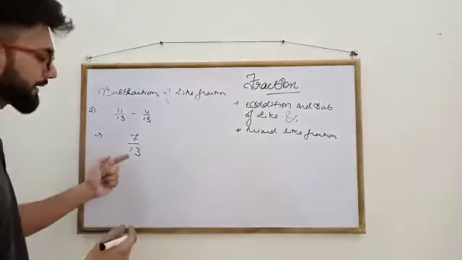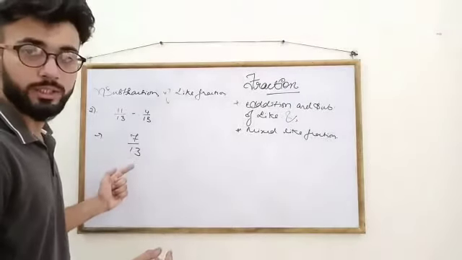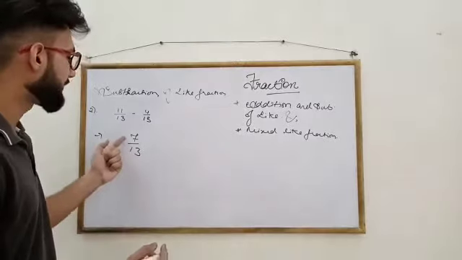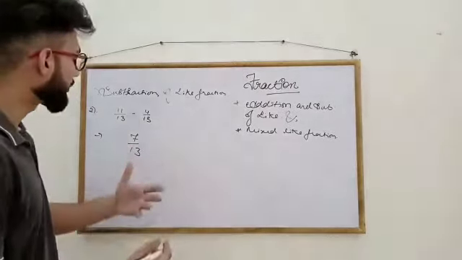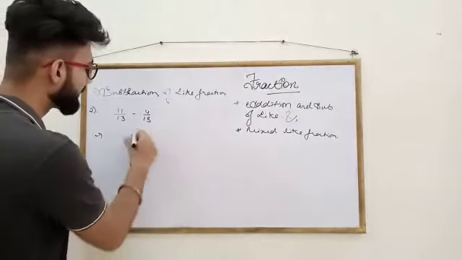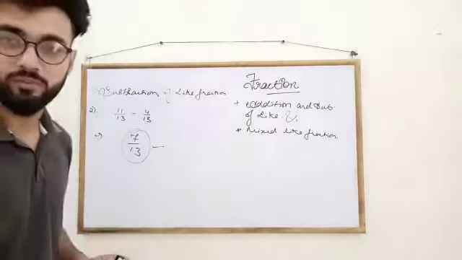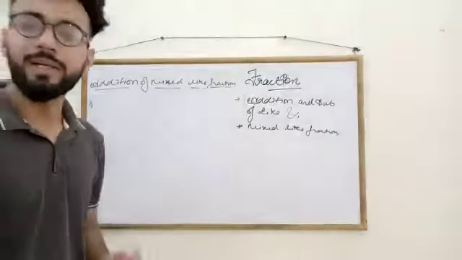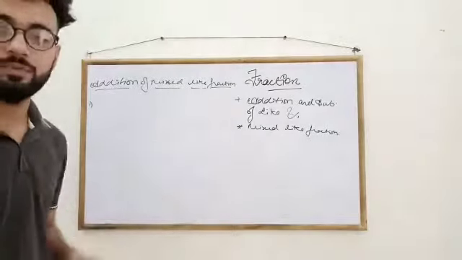As you can see, here it is 13, not 14. So 7 being a factor of 14 could divide it, but 7 is not a factor of 13. So this number is not going to be any simpler. The answer to the question would be 7 upon 13. So in this manner, we solve subtraction of like fractions. Now let's move on to the third topic of the day, that is addition of mixed like fractions.